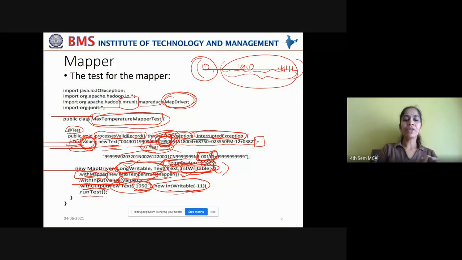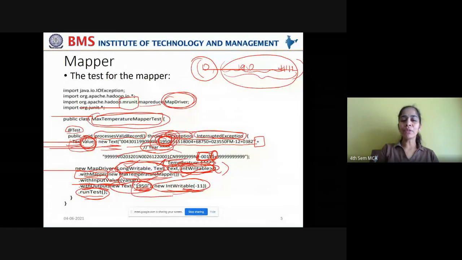And finally, you're invoking the runTest method. So what all are you associating with the map driver's instance? You're associating the mapper class, the input, that is the raw text here, and the output that is expected in the form of a key value pair, and finally calling the runTest method, which will run your test.